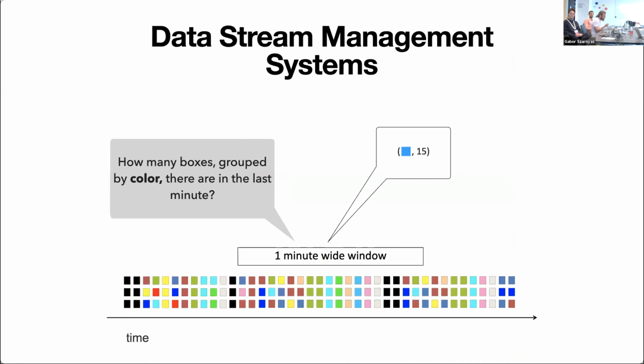The advanced version, which is more useful for analytical purposes, is the classical database approach, which is called data stream management system in the literature. It opens a window, like a temporal view over the data, and over this window it is possible to perform a stateful computation. Continuing on the example of the colors, I can count how many colors there are in the stream.